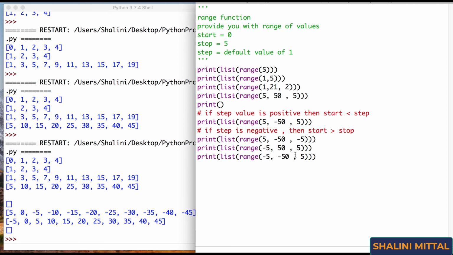Same over here, this works because the step is positive, so start should be less than stop, and yes, indeed it is, so it works. Now here the step is positive, so start should be less than stop, but this is not the case because minus 5 is greater than minus 50. Hence for this one it doesn't print anything unless I say minus 5, minus 50 and minus 5. So if I now run,